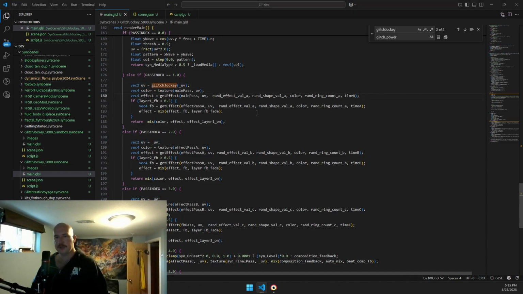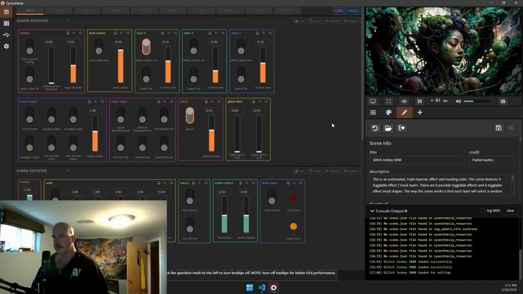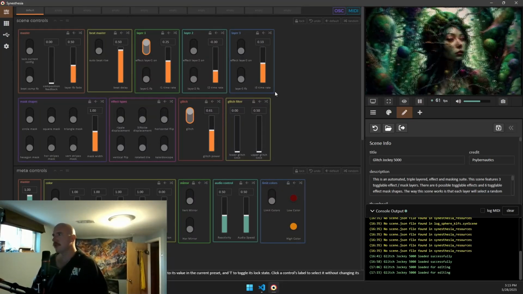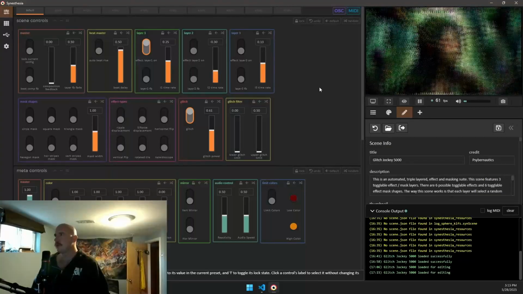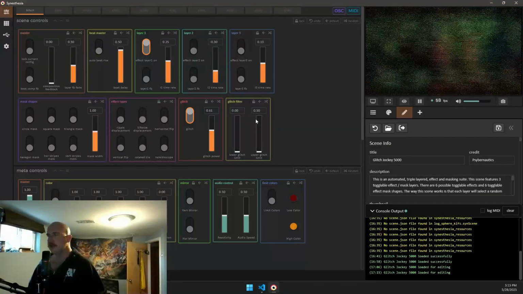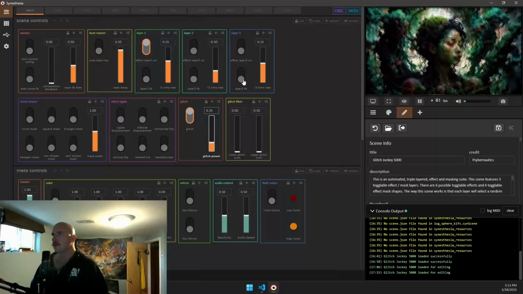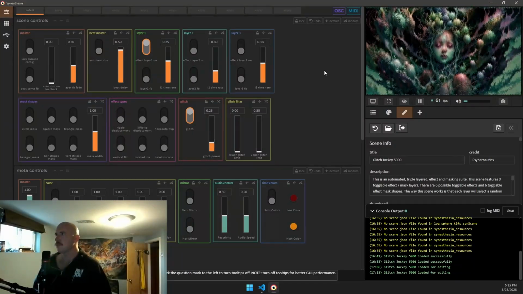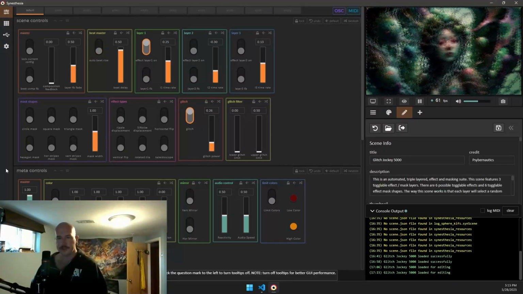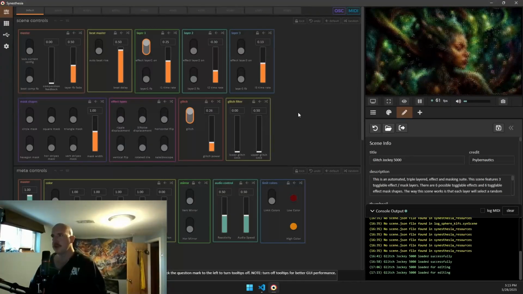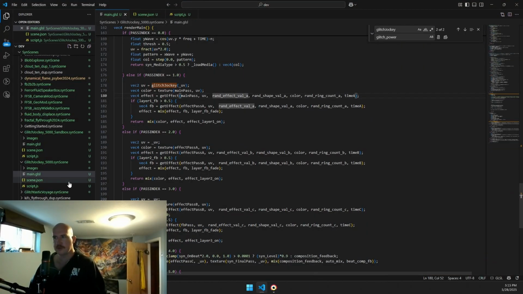And then let's go back over to Synesthesia and we'll Control R for reload. And we can see our scene still functioning. And honestly, I'm really liking how that's looking. So I think this is record time for a tutorial. I hope I didn't go too fast, but since we are around the 10-minute mark, let's go ahead and show